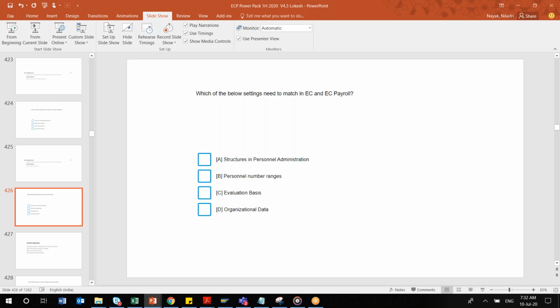But how is it related in EC? In EC, we have the wage type and the pay component also, so those should be configured there too. Not configuration from a configuration point of view, but the properties and characteristics. We don't configure evaluation basis in EC, but there are certain properties, which I will show you. So that should be matching.